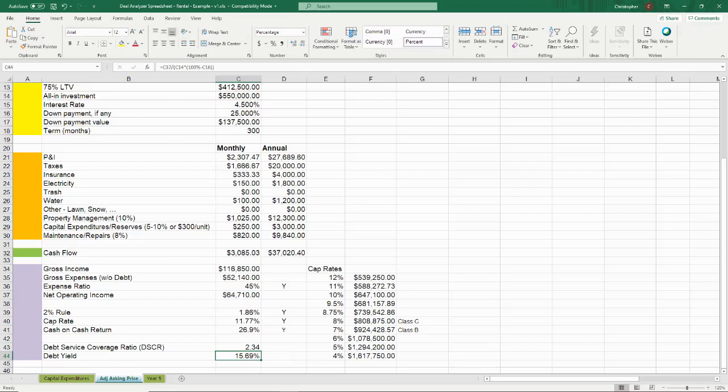In analyzing this real estate asset, the debt yield is 15.69%. $64,710 in net operating income divided by $412,500 equals 15.69%. So the lender or the bank that I deal with typically likes to see 9.25%. I believe that's what it was, 9.25, 9.75. I believe it was 9.25% debt yield. So this particular real estate asset, this opportunity, exceeds that. So they'll be more than happy to do this loan or to support us in this real estate asset investment.